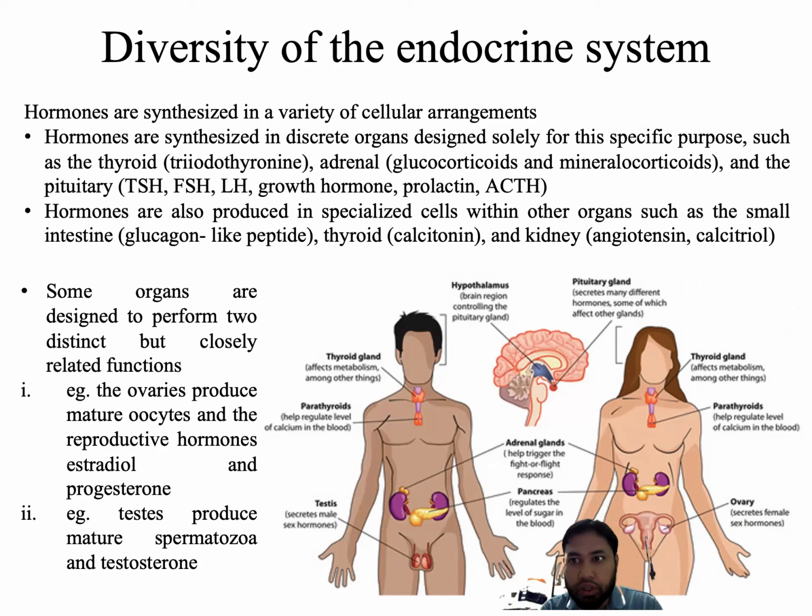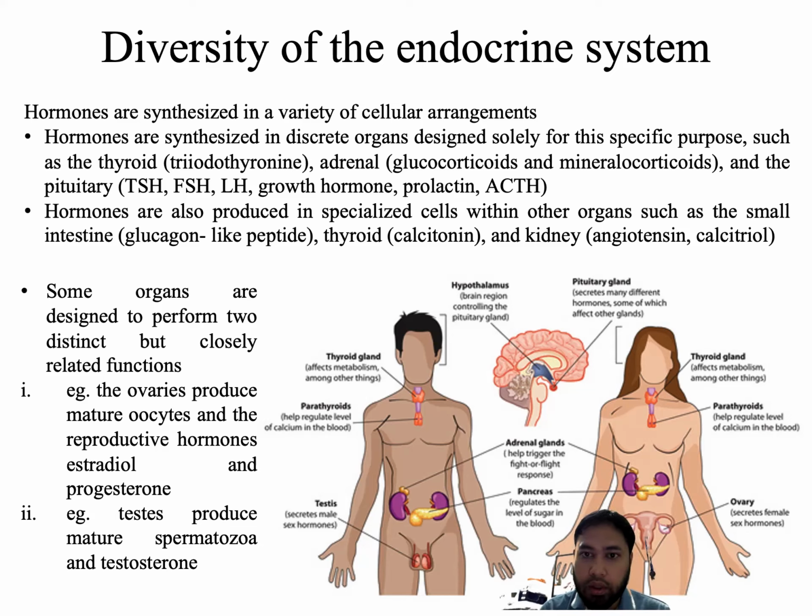And of course, they are being released for a specific purpose. For example, the thyroid gland functions to produce T3 and T4. T3 is triiodothyronine, and T4 is thyroxine. The adrenal glands function to produce glucocorticoids and mineralocorticoids, whereas the pituitary gland, of course, when we talk about the pituitary